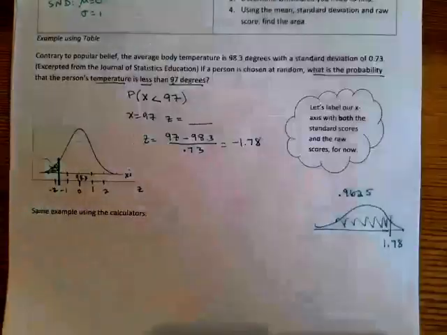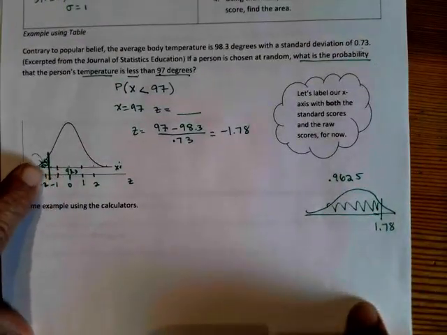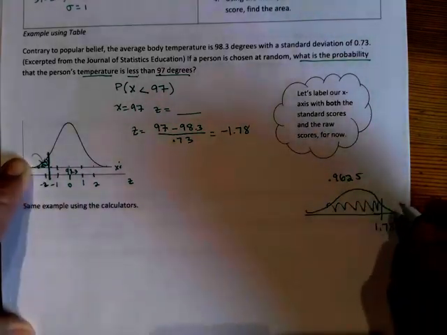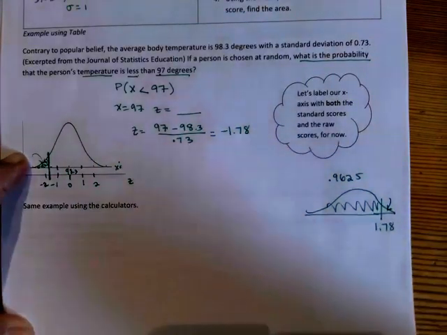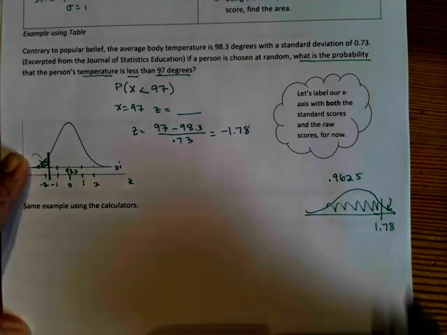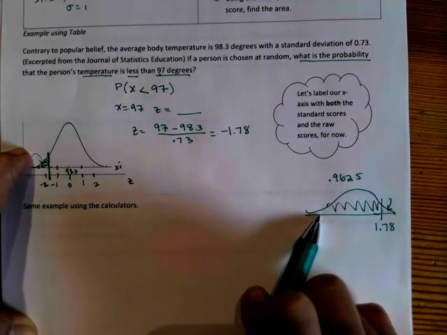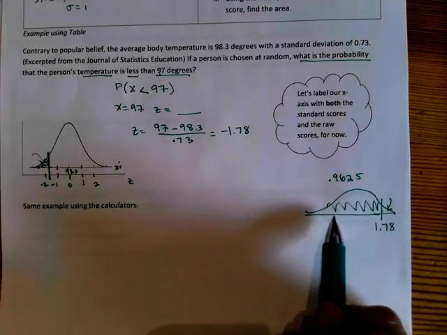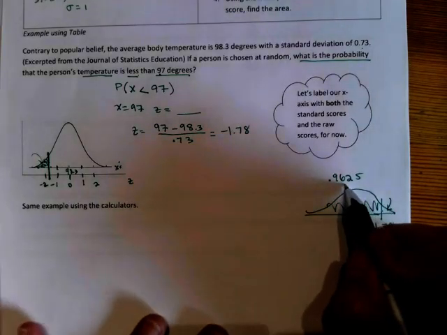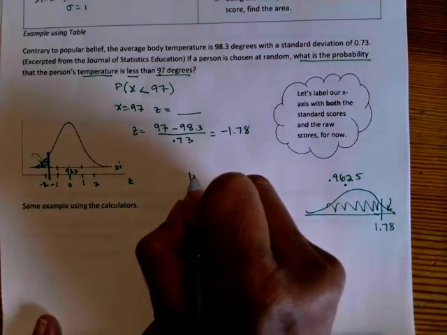Okay, so now I'm going to move my table. I want the area to the left of negative 1.78. That's going to be the same as the area to the right of positive 1.78. So how am I going to find the area to the right if I'm given the area to the left? Remember, the total area is 1. So to get the area that's not included in the 0.9625, I'm going to do 1 minus